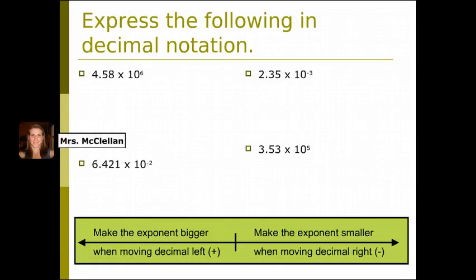Okay, so we are going to express the following in decimal notation. 4.58 times 10 to the 6th power. Notice the exponent is positive, which means we're going to have a bigger number. Since if we move this decimal place to the right to make this number larger, we're going to move it 2 times